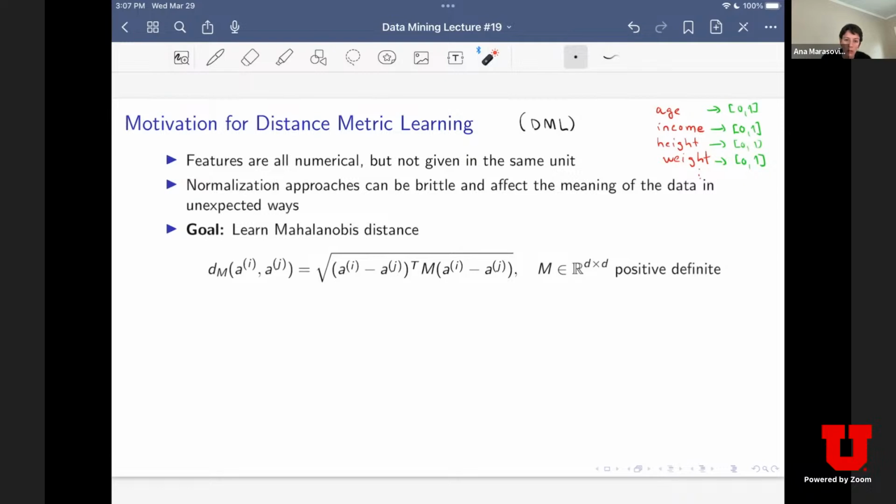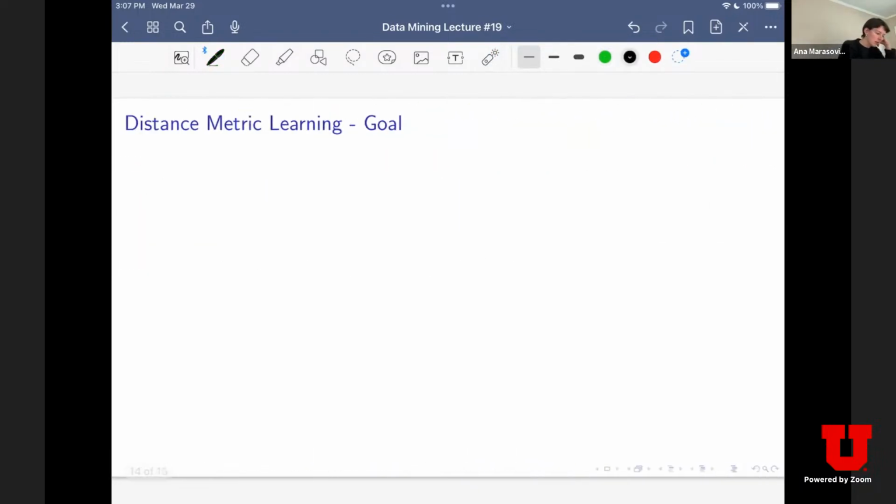So it's not like you are going to impose that, oh, age and income should be in this relationship. Rather, you're going to learn that from the data. And I said here learn, but let's make this a little bit more formal. So given our data, x of size n times d, as always, and points of d dimensions, what we are going to optimize for is to find M star